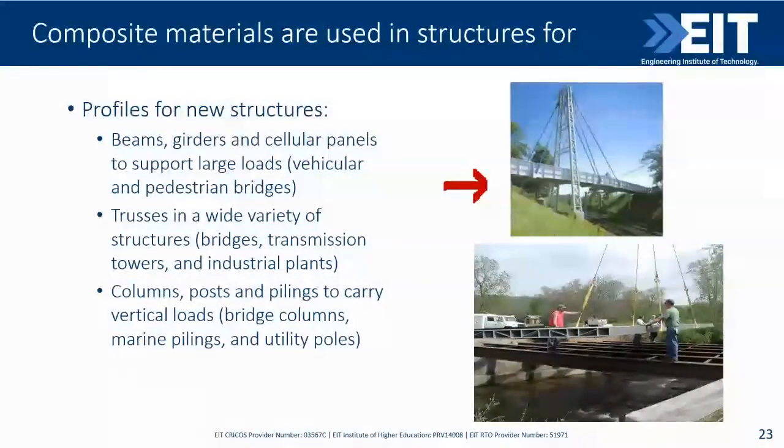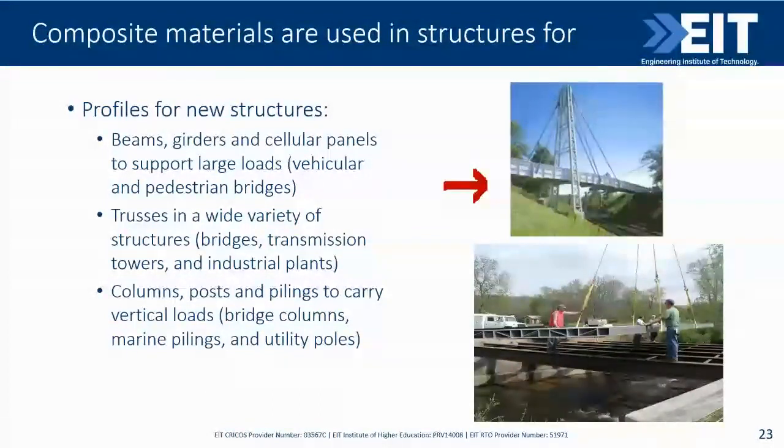It is also a good option for trusses, because the elements will be slender, which is our idea of a truss. They can also be used for columns, posts, and piles to carry vertical loads in corrosive environments, marine structures, different ferries, jetties,